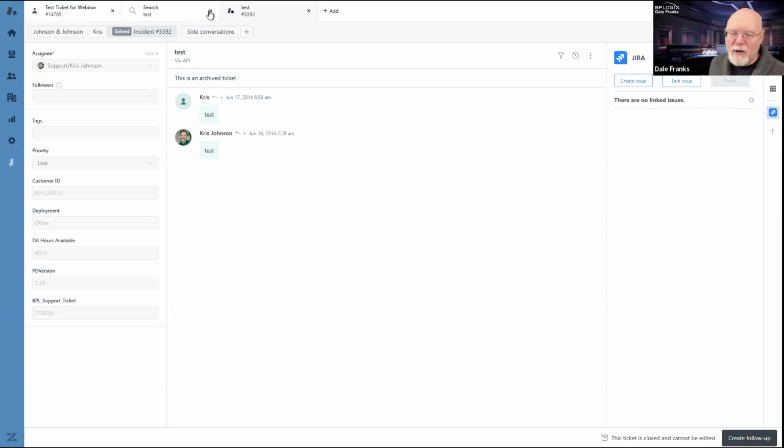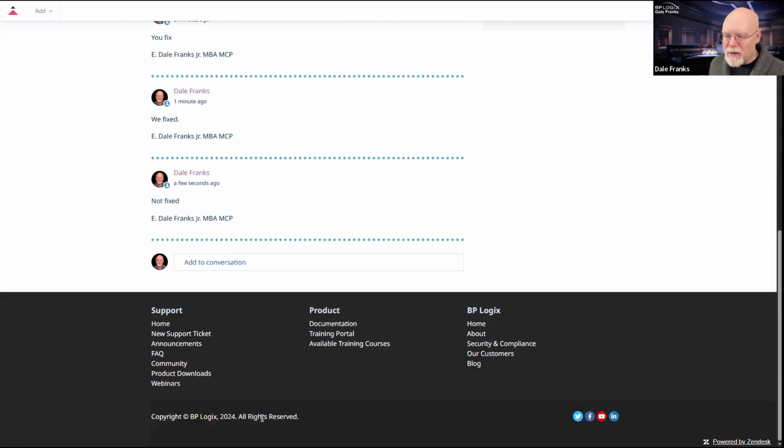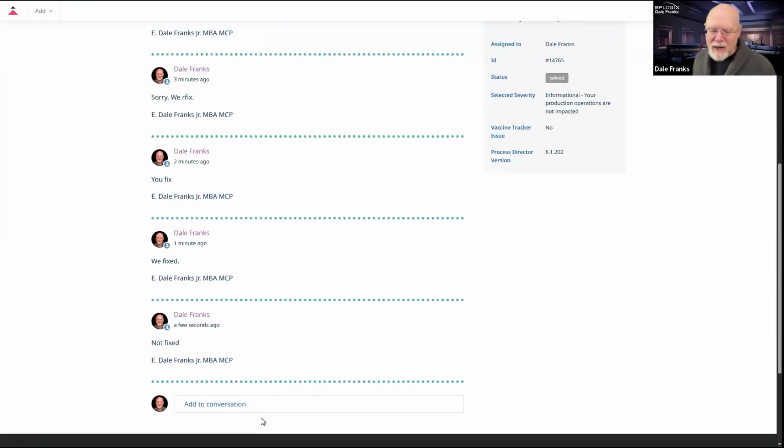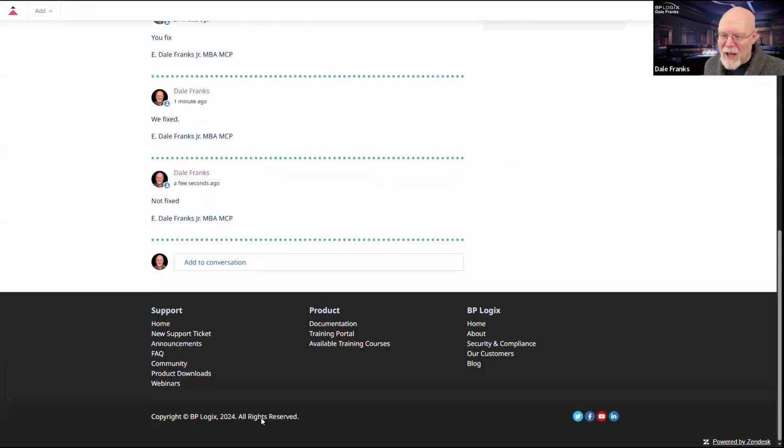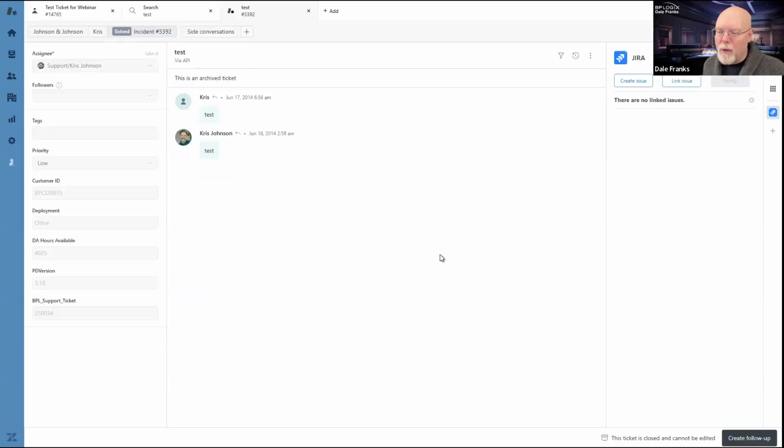Now, I can't show you how to do it here because this is the first time I've ever submitted a tech support ticket via the support portal, so I don't have a closed ticket. But you get a similar option on the ticket form to create a follow-up ticket. And that's the only thing that you can do with a closed ticket is create a follow-up.